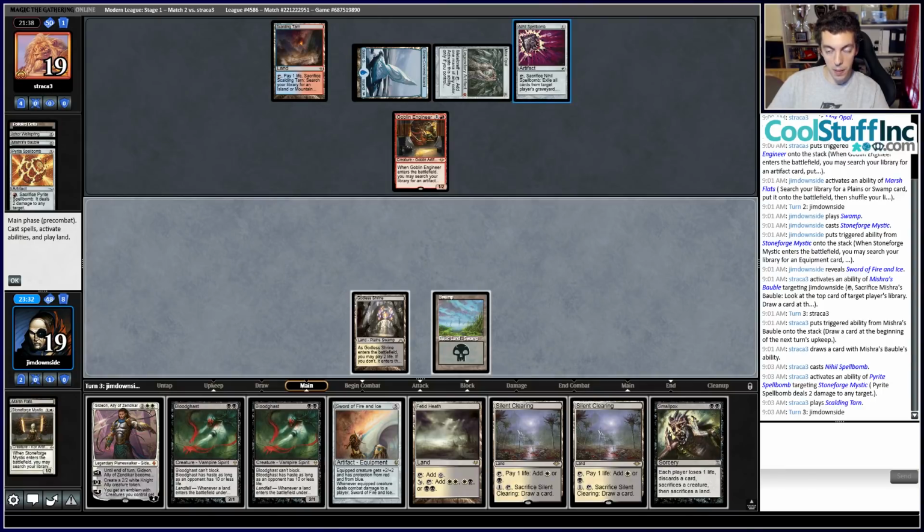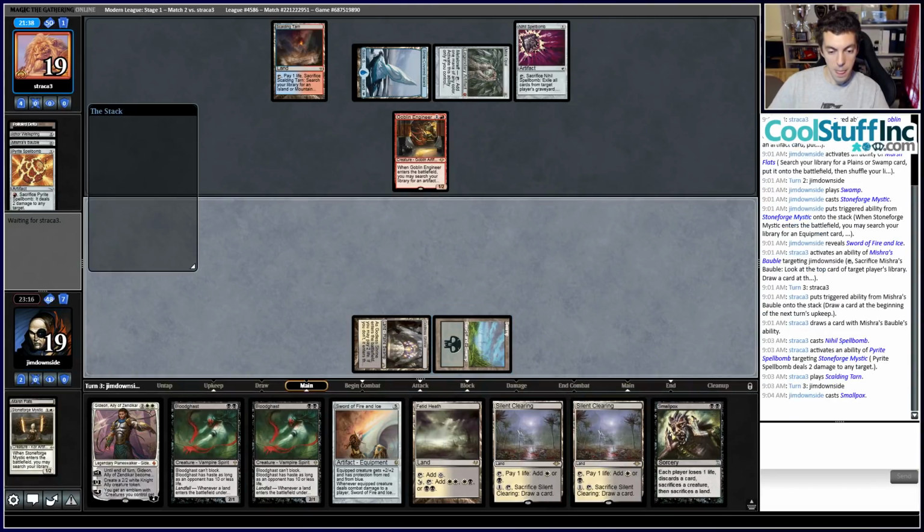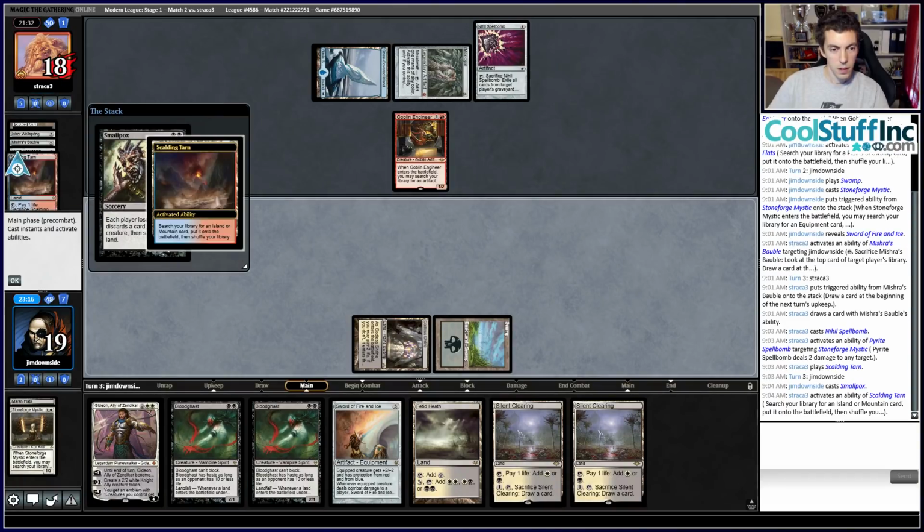Problem is they have Nihil Spellbomb. So they have main deck graveyard hate against our Bloodghasts, which is kind of stinky, but I think we still do it. We're flush with lands. We've got to kill this Engineer. They only have one card in hand, too. This is going to be pretty good for us. They can fetch a red in response and sack something to bring back the Wellspring, but they're still going to be super low on resources post